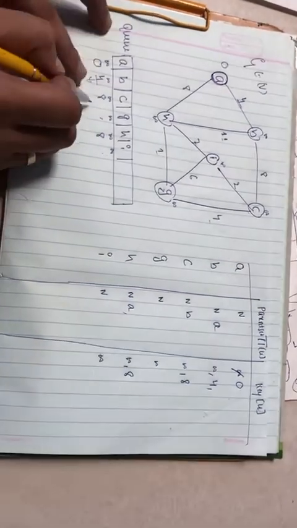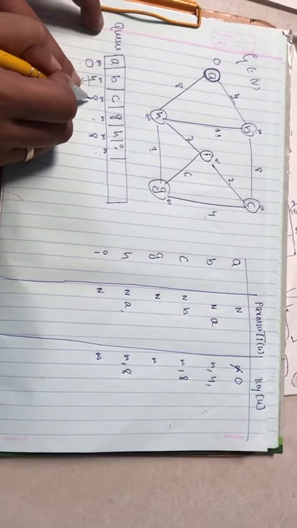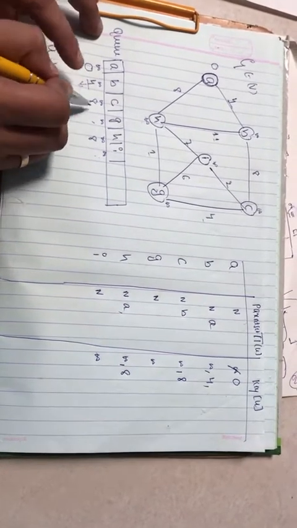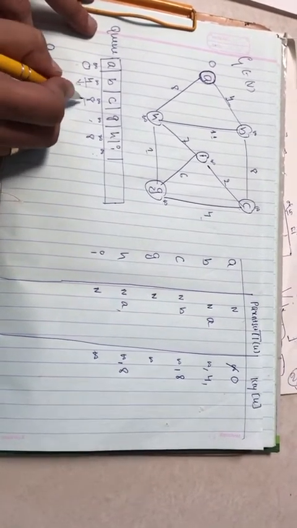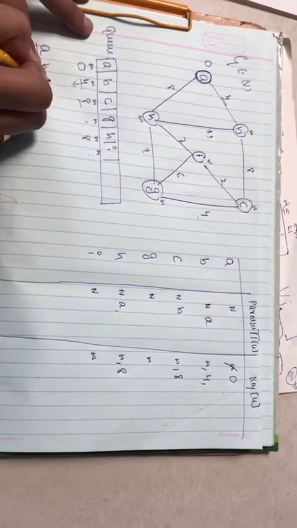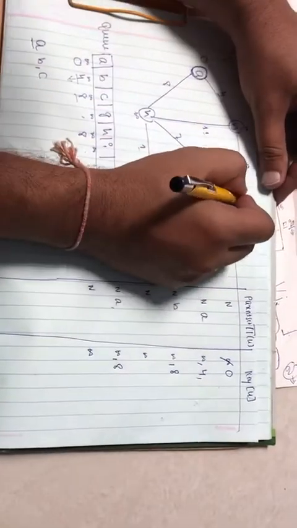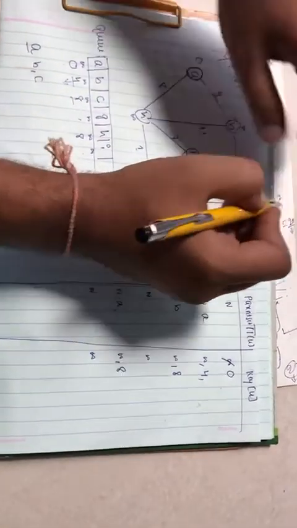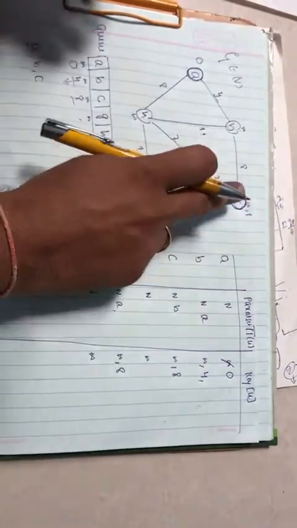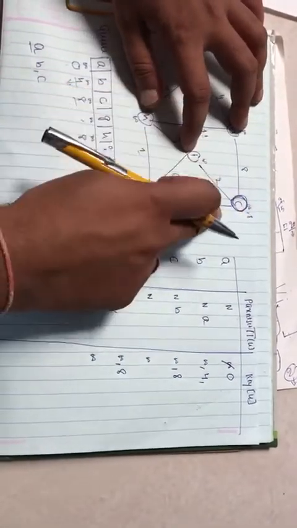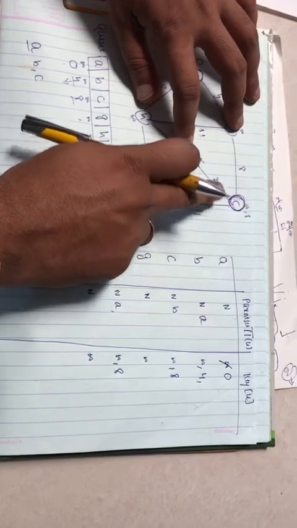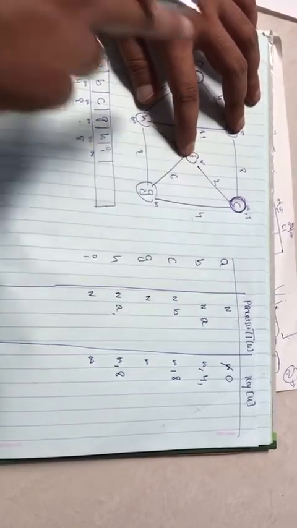Now again we extract the minimum among C and H. Both are 8, so you can select either, but I will select C. C's value is 8 already. C has the neighbors I as well as G. C to I has the value 2. Initially I